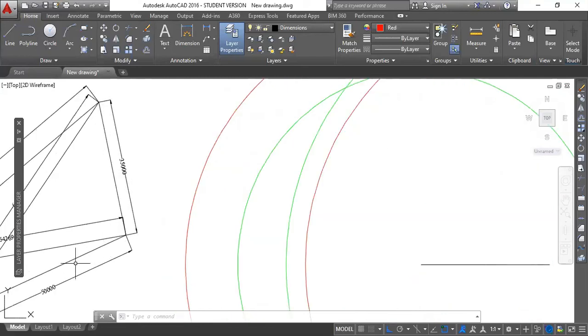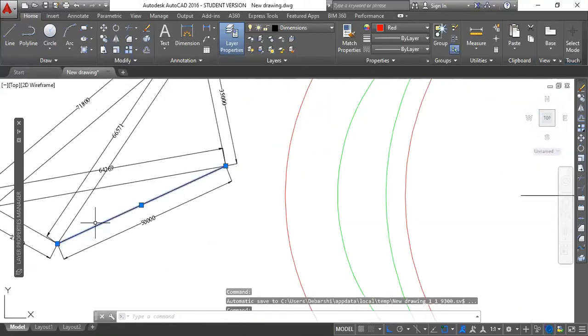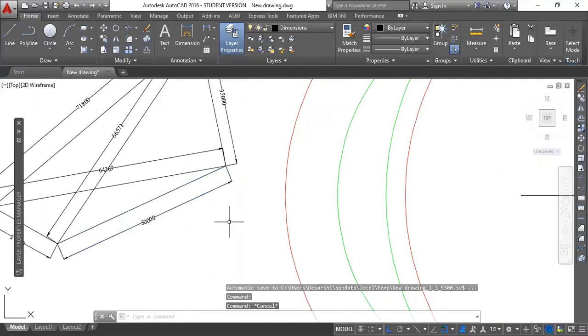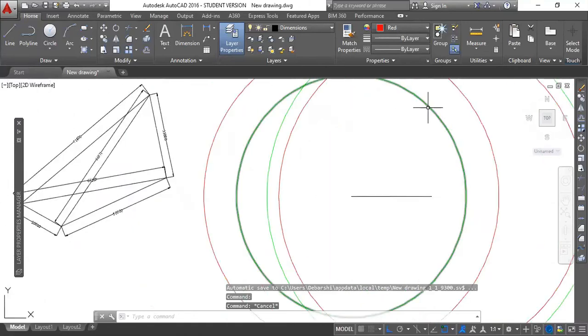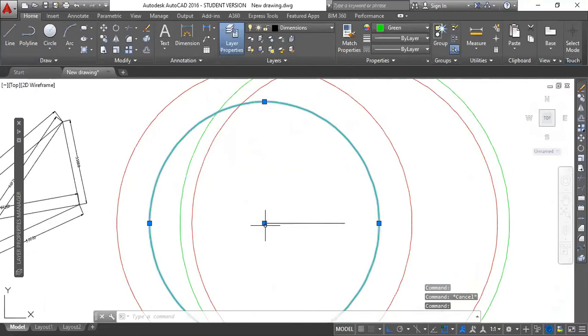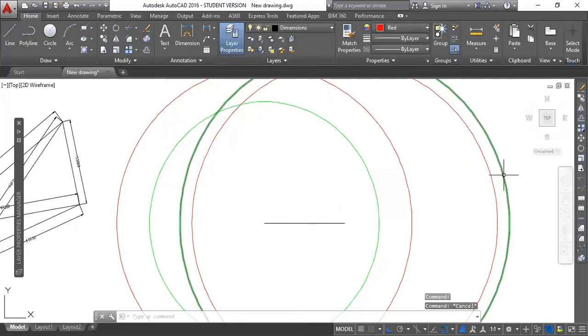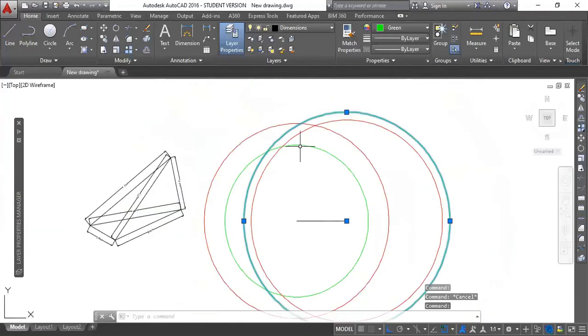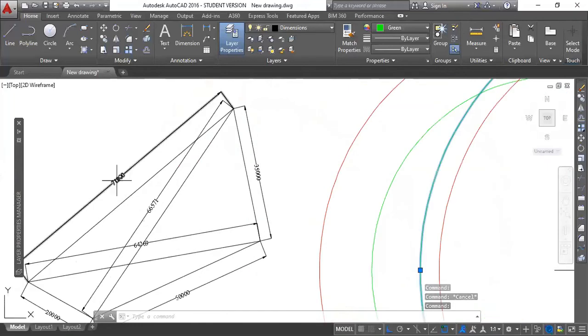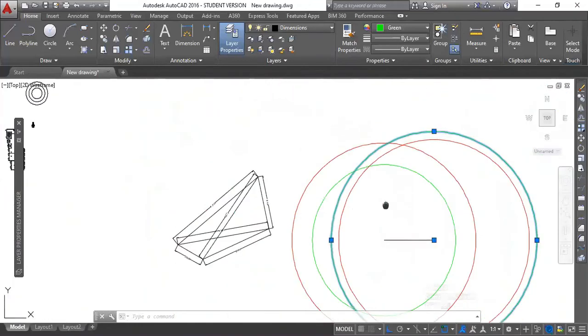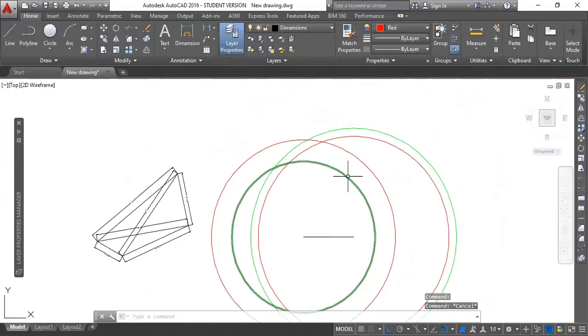35 meter there is a boundary which is of 50 meter length. So I have drawn this circle. This is a 50 meter radius circle from the left end of this 35 meter line, and from the right end of this 35 meter line I have drawn this circle which is of radius 71.8 meter. Fine. This green circle came.